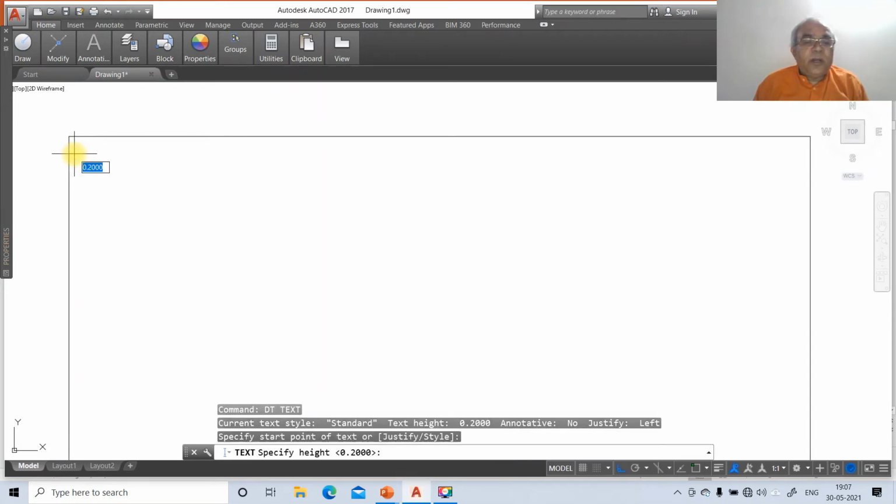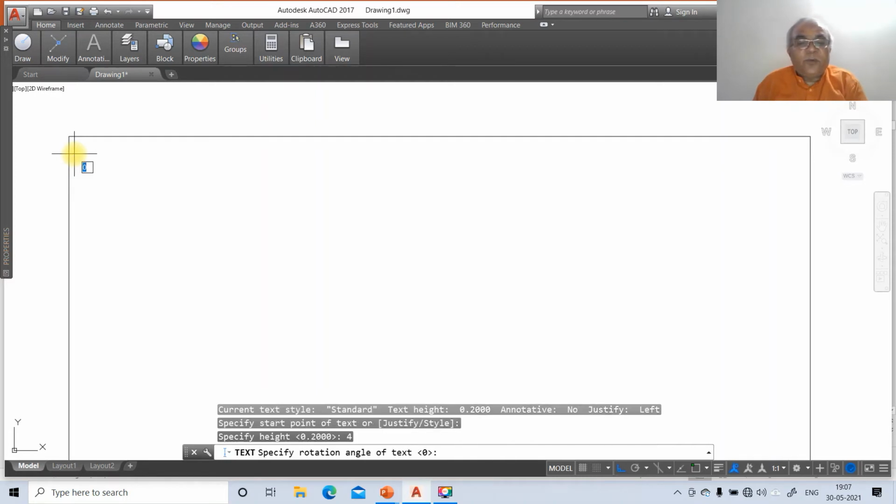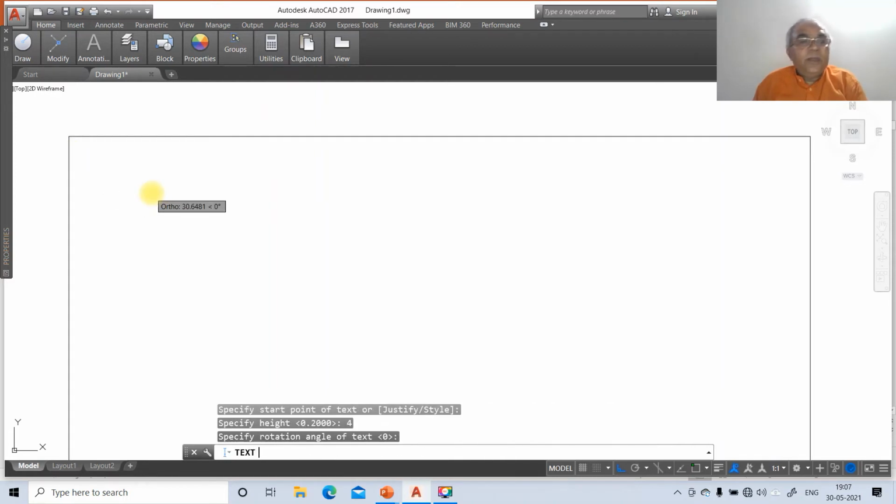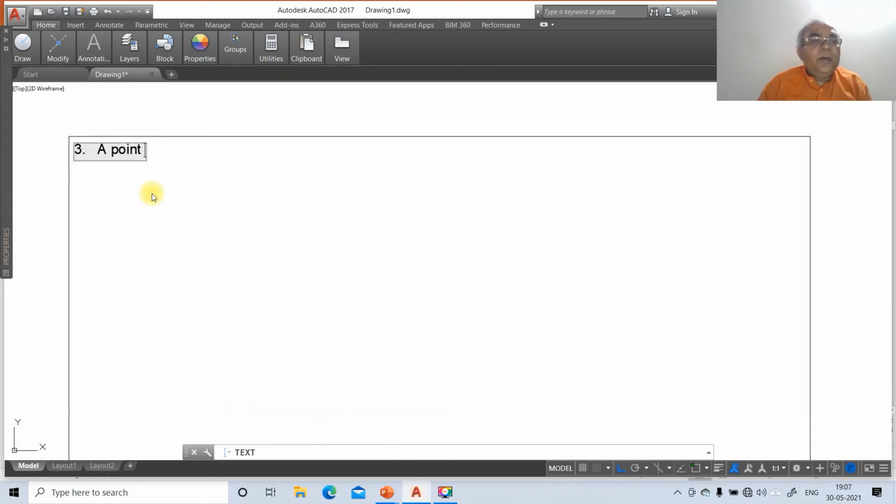So select point start point, specify height, take the height as 4, rotation angle as 0, type the problem number 3 and here a point 45 mm above HP, (60 mm behind VP),